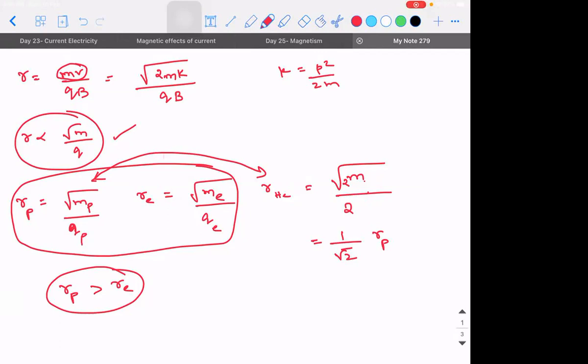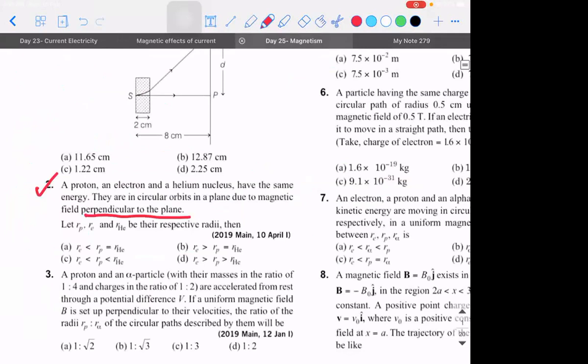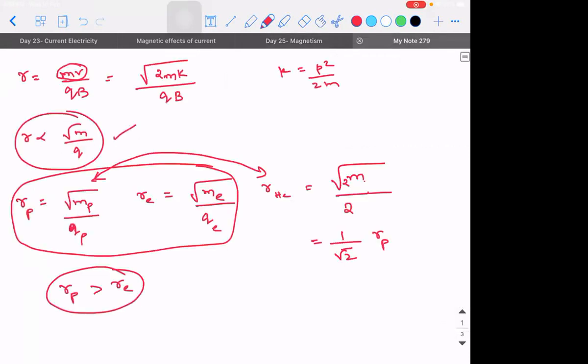The answer that I have in my hand says, sir, this RP is greater than RHE, greater than RE. But there is no such expression. Oh, so then RHE is the least? RHE is not the least. Because see, it is definitely not these two. Okay. So one thing, they have the same energy, so since I had momentum, I converted it in terms of energy. The energy that it can possess is kinetic energy. That is why the square root came. Correct? In the answer I have, what they have done is directly taken the momentum, which according to me is wrong.